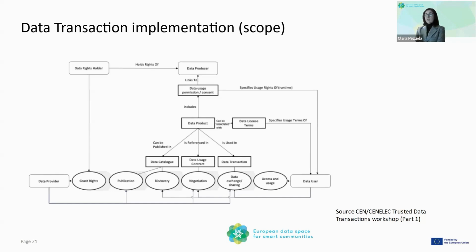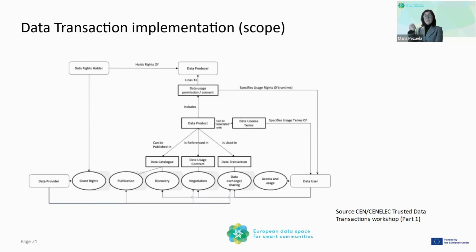So here you can see the different roles. You have who has produced the data, who is providing the data, which sometimes is not the same person or the same role, and the user that is requesting the data. So the data transaction is triggered by this data user, who is requesting access to certain data, and then this requires setting up a kind of negotiation previous to the data transaction itself, in order to agree on the terms of this transaction.